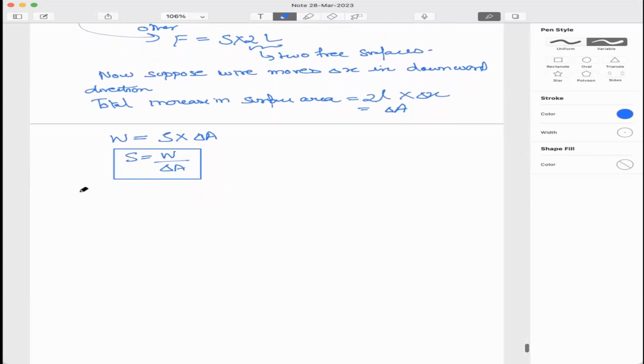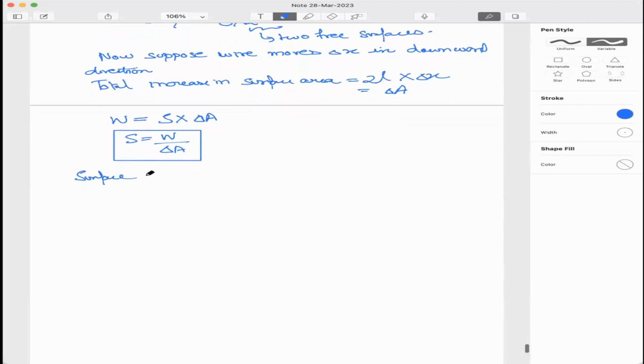I already told about this above. The surface tension can be defined as